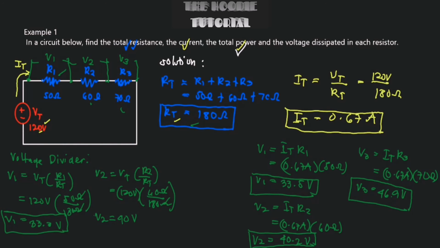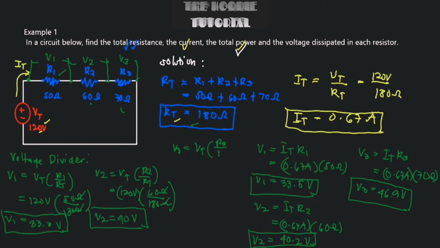40 volts. We could box that one. So notice we also have approximately the same outcome. And then let's go to V3. Let's put V3 right here. That is equal to VT multiplied by